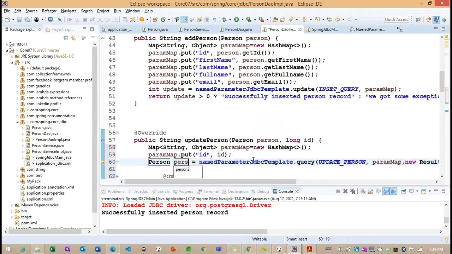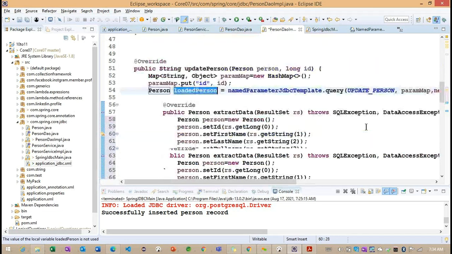Now you can see here we are having the person object here. So loaded person.